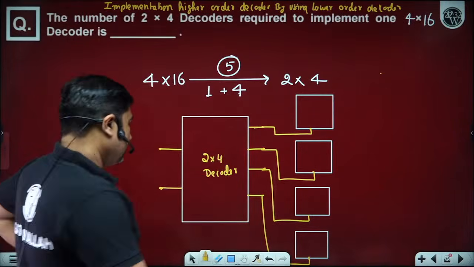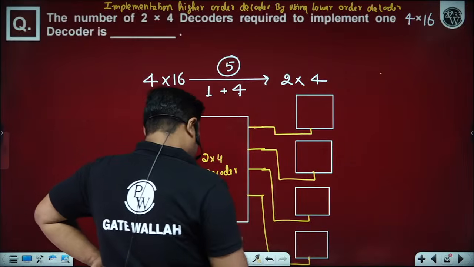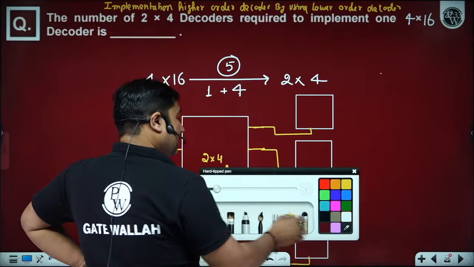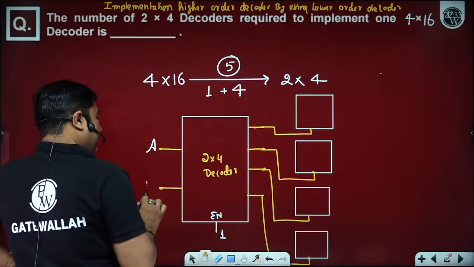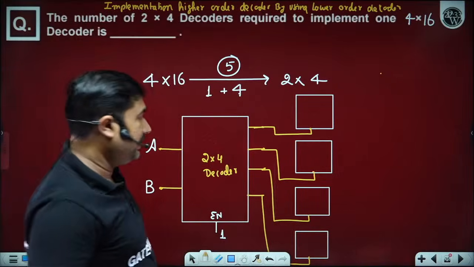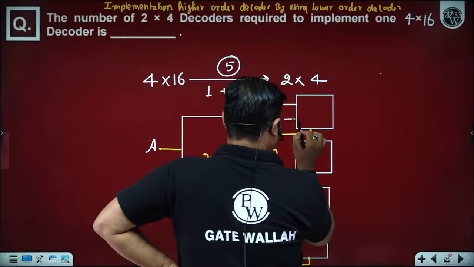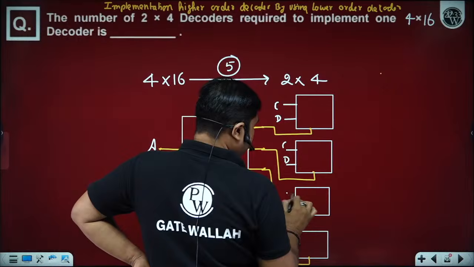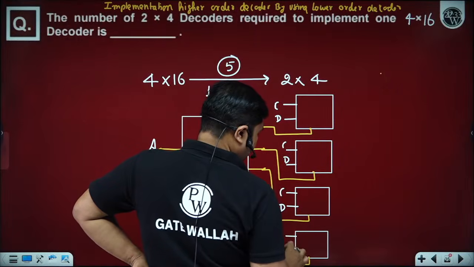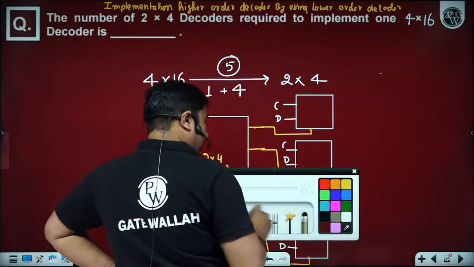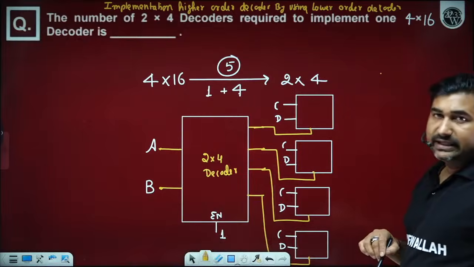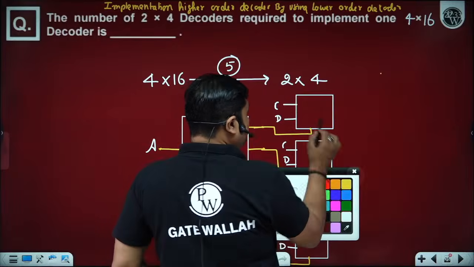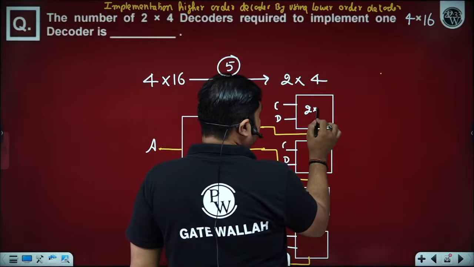Is it okay? Yes, sir. So we have an enable pin here, which I am going to make enabled. Now suppose we have A, B, C, D, 4 inputs, then AB is connected here, the MSBs, and next CD are connected here. So how many inputs now? We have A, B, C, D, 4 inputs. And how many outputs now? Please observe, beta ji, this is also a 2x4 decoder.